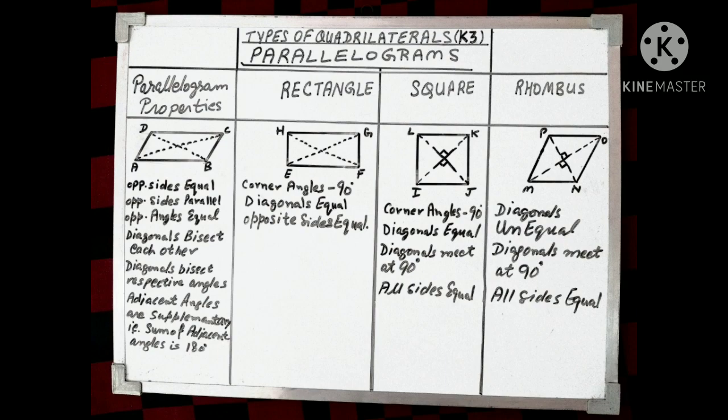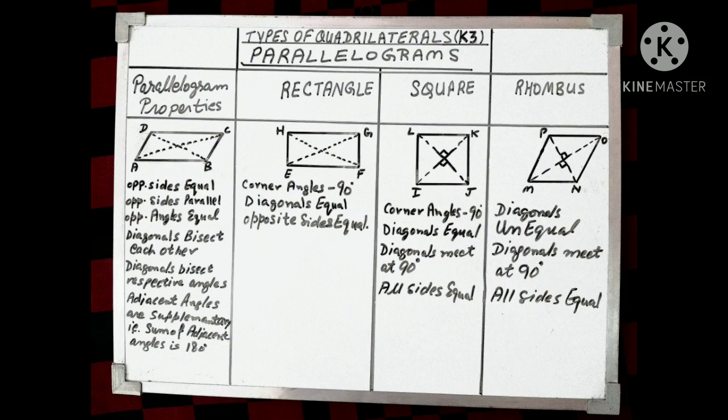The next point we have to understand is the diagonals, that is AC and BD. These are the diagonals which connect the opposite vertices, right? So the diagonals bisect each other. That means they cut each other into 50-50. So if the meeting point is O, then AO will be equal to OC and BO will be equal to OD. Keep it in mind that diagonals bisect each other, right?